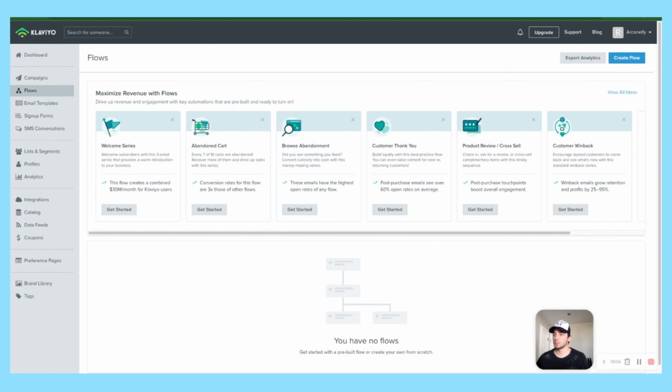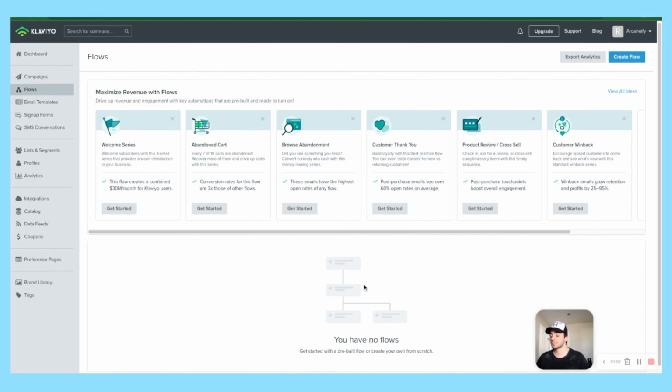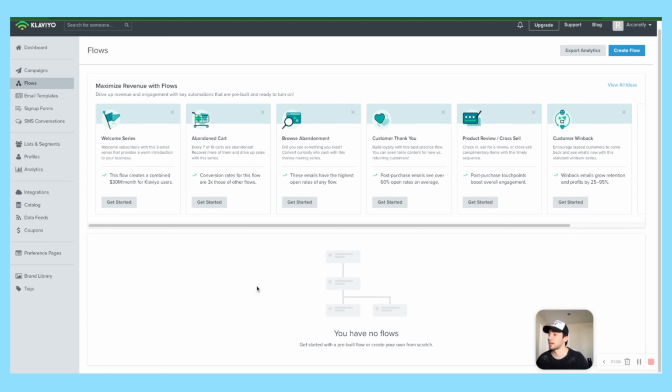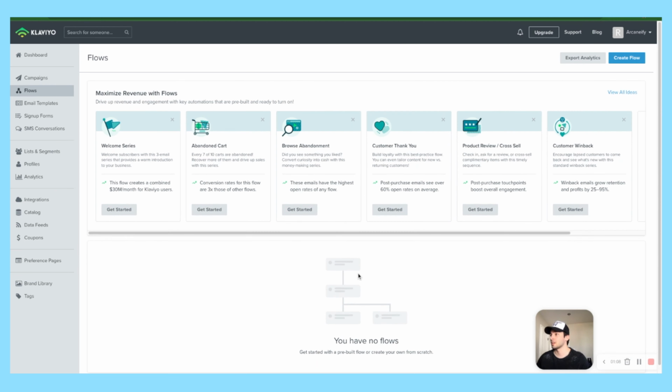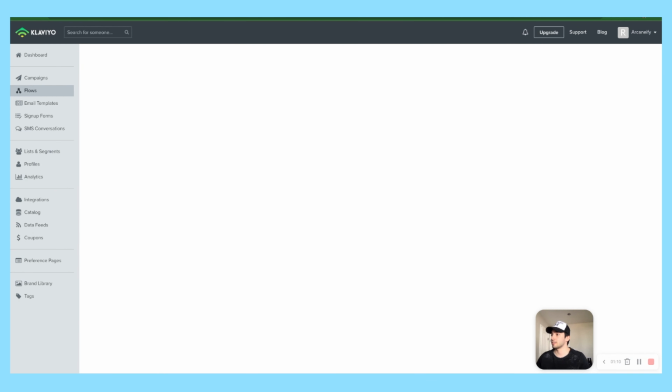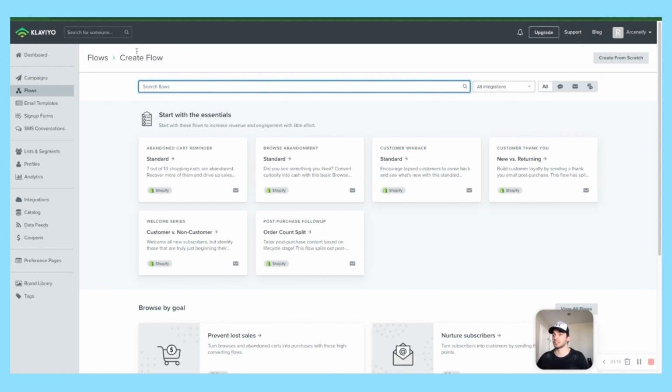So what you'll want to do is come over to your Klaviyo account. You want to select flows on the left-hand side. It'll bring you to a page like this. I currently have no flows right now. This is just a demo account to show you exactly how to set one up. So you want to hit create in the top right corner, bring you to a page like this, and you'll